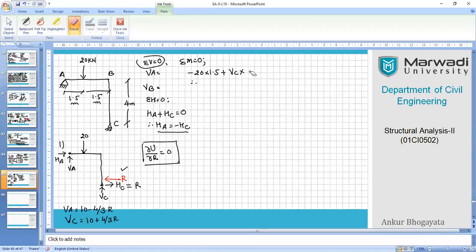Later on, we are going to go into the detail of the forces also, because ultimately you need to work upon the SFD and BMD diagram of the frame itself, right? So now, since you can see that we have a variety of points available on the structure, I will add one more point here. However, let me write down first of all, this is point A, this is point B, this is point C, and this is D.